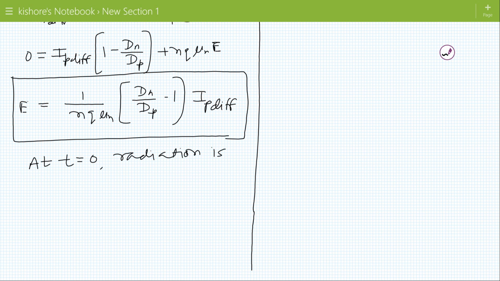Radiation is removed, or the semiconductor is exposed to light, it means the radiation is removed at t equals to 0. So